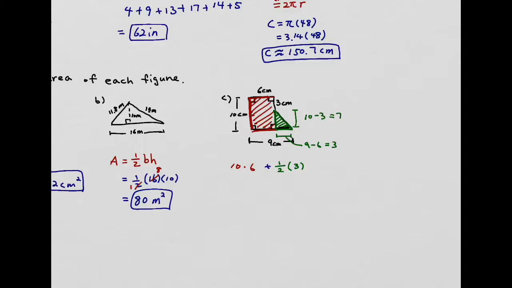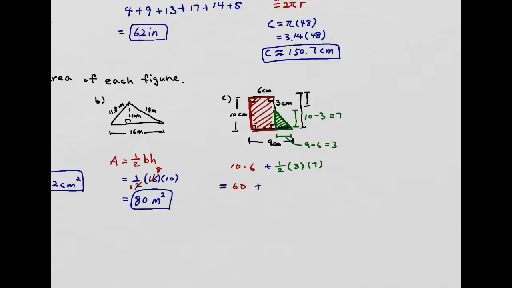The whole thing from here, and you subtract that much. That's why it's 10 minus 7. 10 minus 3, which is 7. So you're going to multiply that by 7. So then you get 60